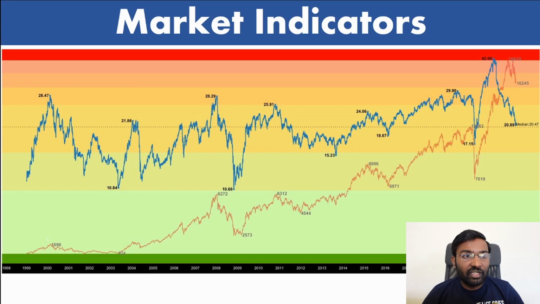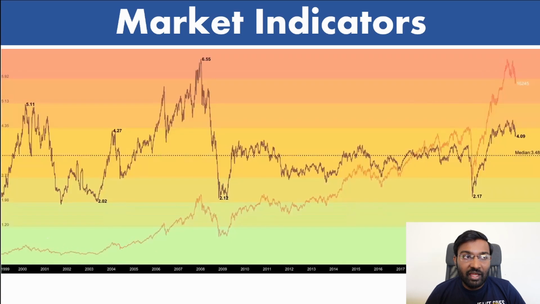If you are looking at the Nifty PE ratio, currently it is about 20.89, right about the average or median of 20.47. So currently we are sitting right about the median PE. If you look at the current market status, we are not terribly undervalued and we are not terribly overvalued. We are just at the median range. So you can look for deals in the market, because the median also gives some stocks in a much undervalued situation and some stocks in an overvalued situation. So the Nifty PE is in the 20s, which is fairly valued at the median range.